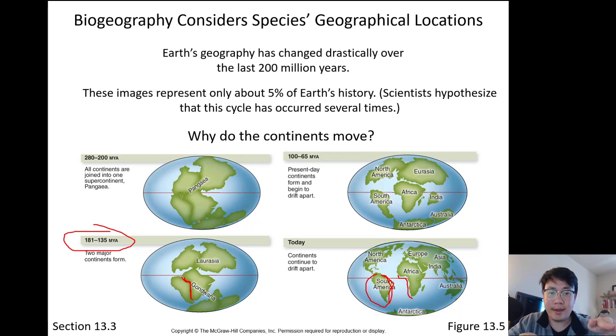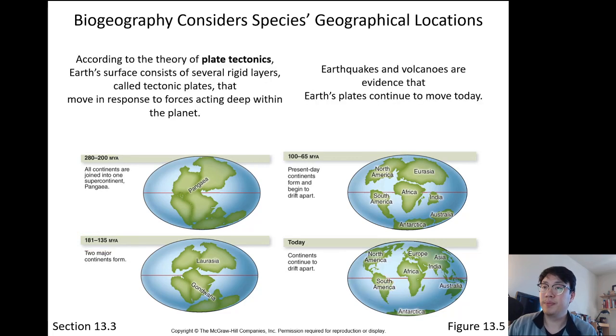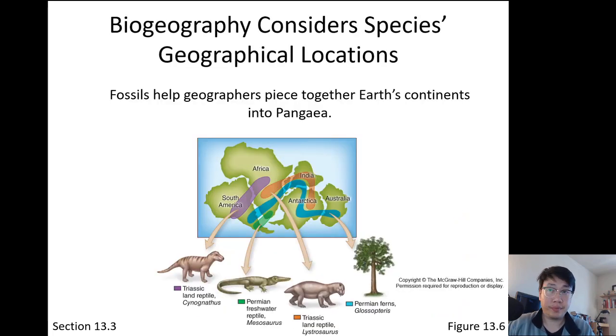It's like having ice cubes inside your cup, just moving around. That's how our continents move, but at such a slow pace because they're extremely heavy. It takes a lot of energy just to move them a couple inches each year. And when they do move, that's when earthquakes occur. So again, plate tectonic theory: we're living on top of movable plates.